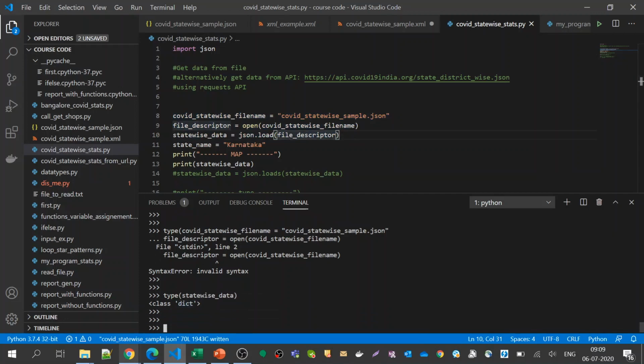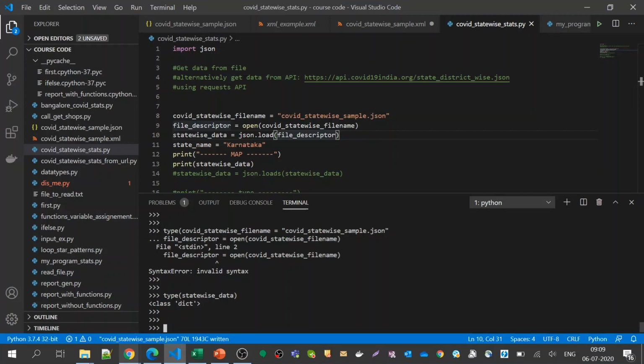Say for example, if you want to read something automatically, in C, if you have to write that, it's a tedious task. Maybe it takes like 200-300 lines of code just to parse through all this and make some sense out of it. But in Python, when you use libraries, you don't have to reinvent the wheel. You just use json.load and give the file descriptor. It will automatically give you the data in the form of a dictionary. So that is the beauty of using libraries.